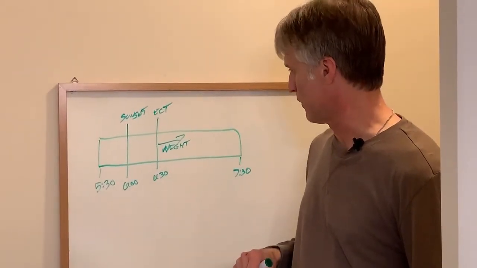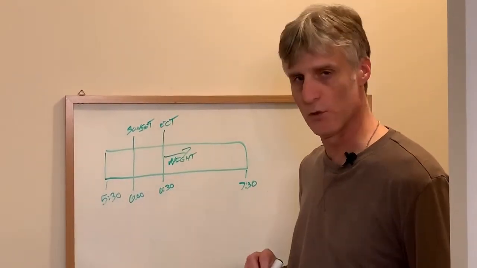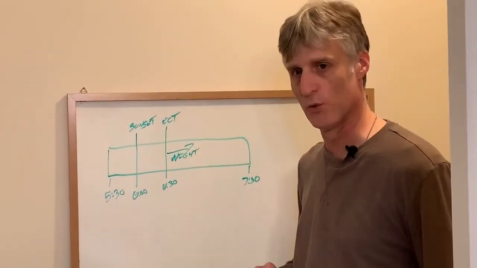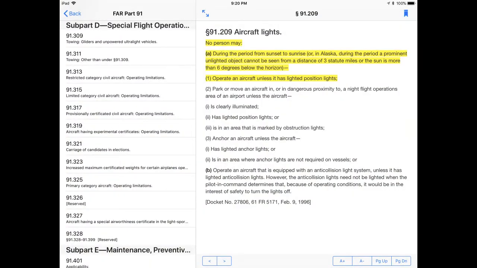What other regs do we have that deal with night? Actually, we've got one right here at sunset. So let's take a look at that one real quick and we'll add it to our example. So 91.209 says, no person may, during the period from sunset to sunrise, or in Alaska, and it drones on about Alaska for a little bit. I'm going to skip over that. Sorry if you live in Alaska. During the period from sunset to sunrise,